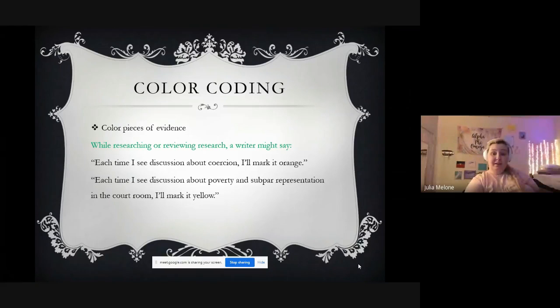So color coding is another way that you can help synthesize your work. So you color different pieces of evidence while you're researching or reviewing research. A writer might say, each time I see a discussion about coercion, I'll mark it orange. And each time I see a discussion about poverty and subpar representation in the courtroom, I'll mark it yellow. So you can visually see these two different arguments appearing maybe in one source, and then you see the same arguments appearing in the next source, and you can track that, and it really helps